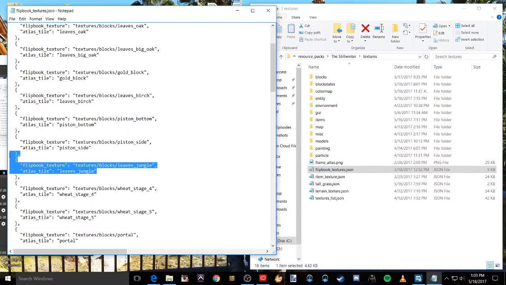Leaves Jungle. Let's go ahead and grab that all the way to the end, because that needs to be spaced evenly. So make sure that you grab that, press enter, copy paste, and then rename the very last one Leaves Jungle, and then the very last one here Leaves Jungle. You want to have that extra line and make sure that you don't delete any of your other flipbook textures that you're going to be adding or are already there. Okay,